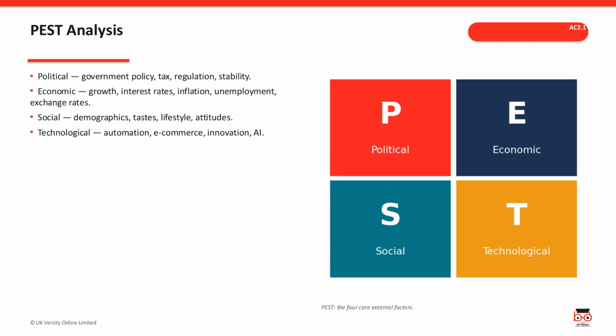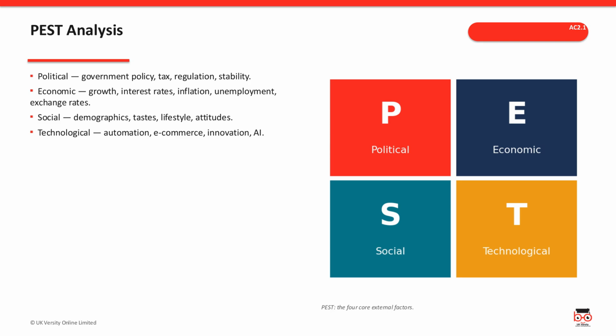PEST breaks the outside world into 4 headings: political covers government policy, tax and regulation. Economic takes in growth, interest rates, inflation, and unemployment. Social is about people, so demographics, tastes, and lifestyle. And technological covers automation, e-commerce, and, increasingly, artificial intelligence. So when Netflix worries about changing viewing habits and streaming technology, it's really scanning the social and technological parts of